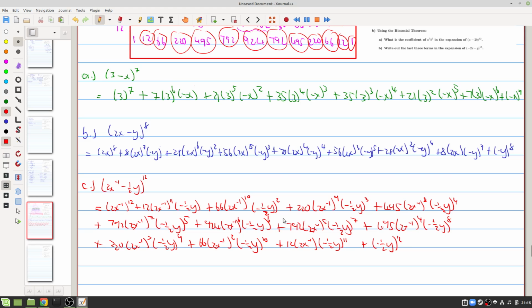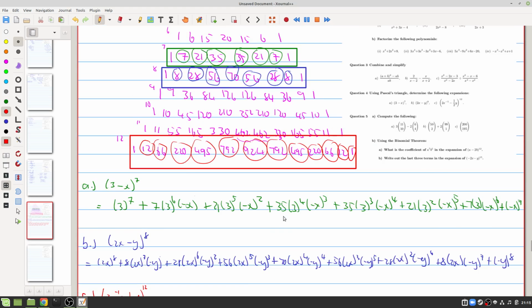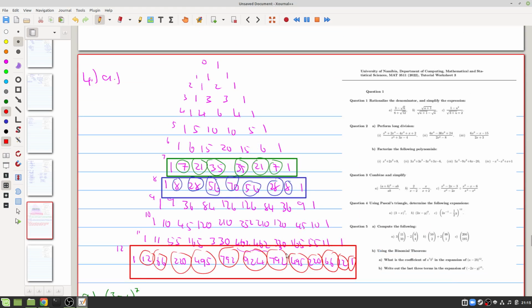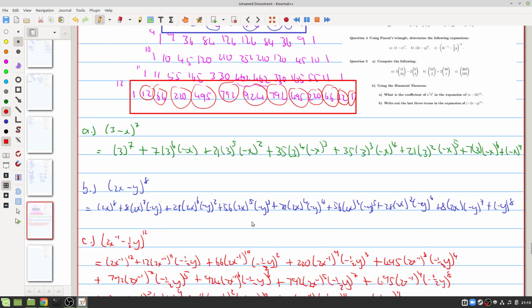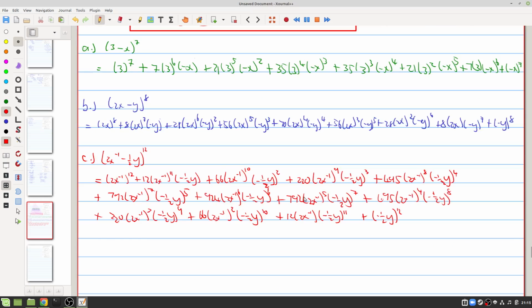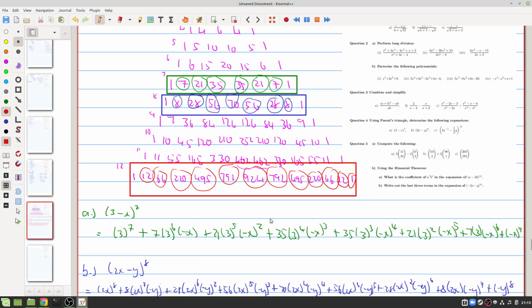Okay, so this is pretty much all this is: being able to write out this triangle and then just computing this. If you try to do this without Pascal's triangle or without the binomial theorem, this would probably take you a couple of months if you just wrote this thing out